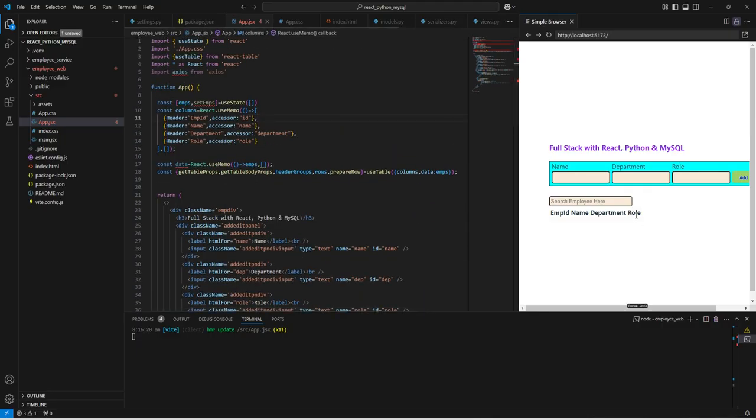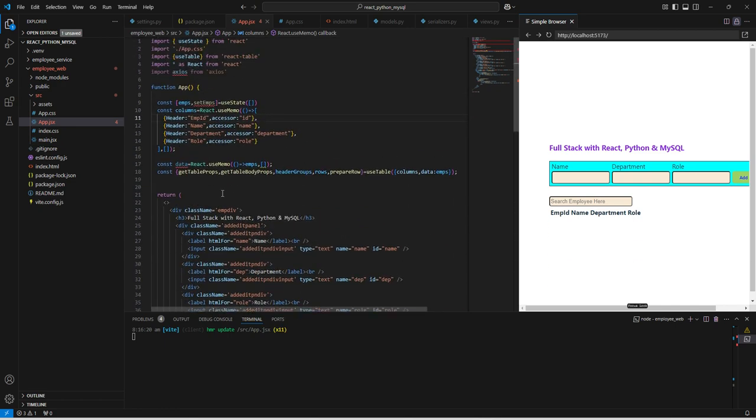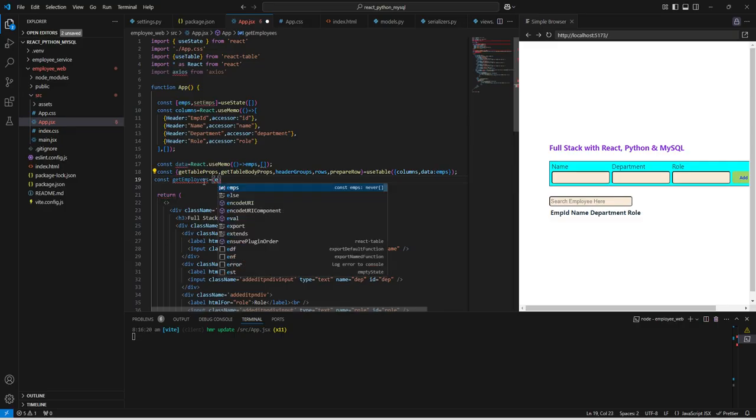Now you can see as of now the data is not showing. Why? Because we have not written any get API. So let us do that. Let us add get, let us say getEmployees, and here we can use